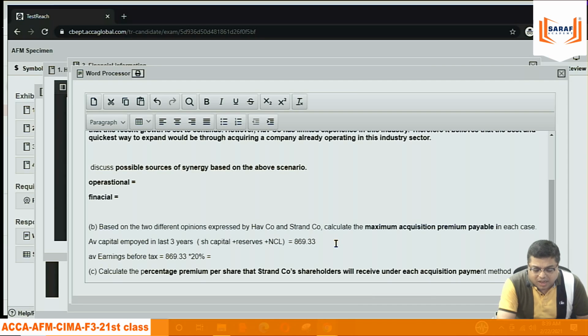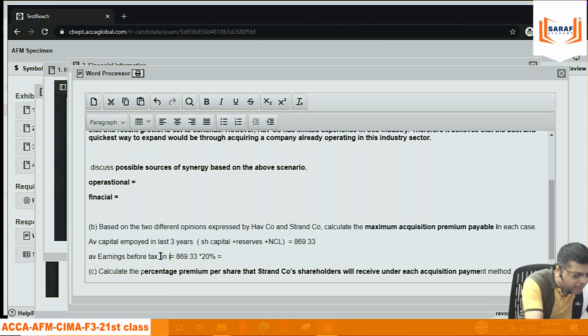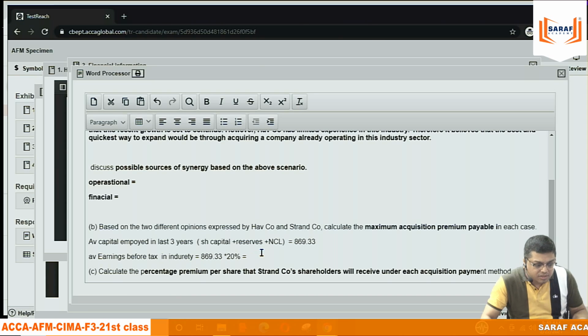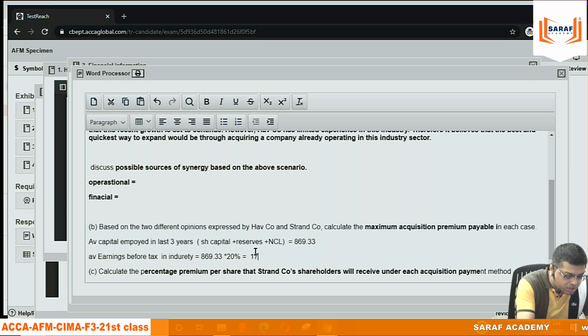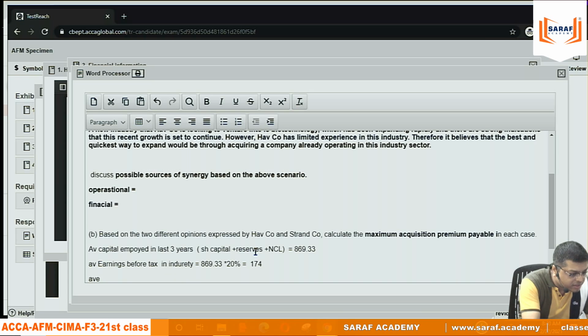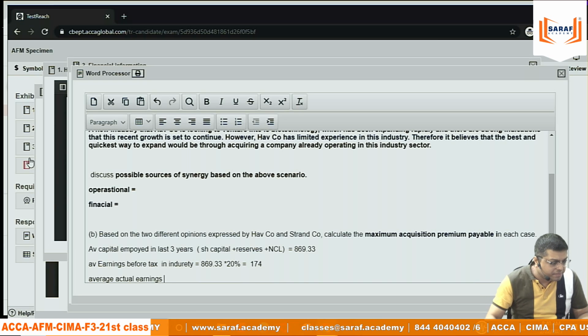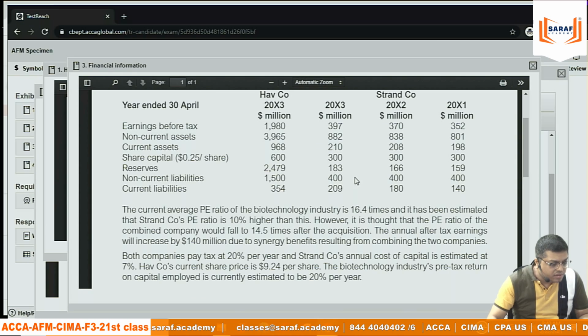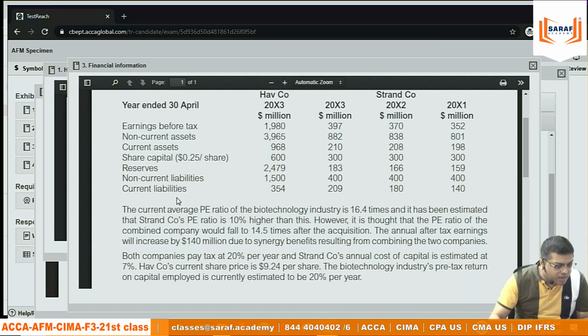That is average will be coming, which we are saying in industry, इंडस्ट्री के बेसिस पे क्या है? 174. एवरेज एक्चुअल अर्निंग्स, हम लोगों का अर्निंग्स क्या है? एवरेज एक्चुअल अर्निंग्स है हम लोगों का